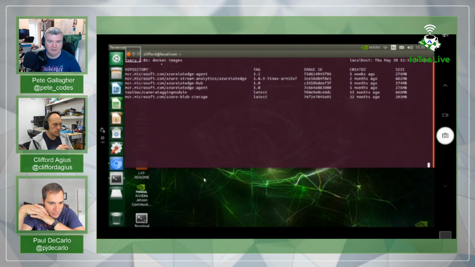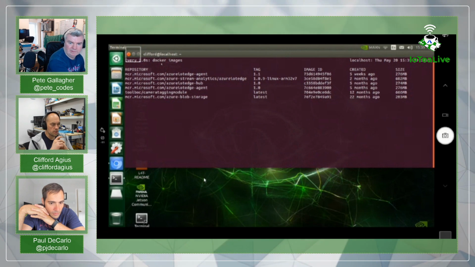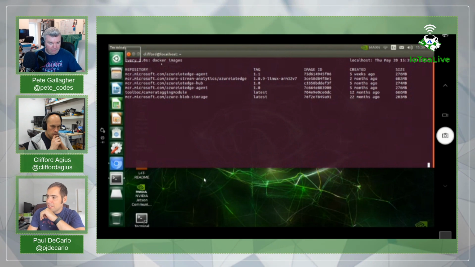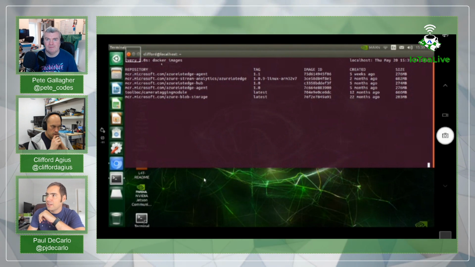They're all there. Oh no, it's missing the large one, isn't it? The 2 gig one. So here's a cool trick. If you ever want to see what its actual progress is downloading, you do sudo, Control C,